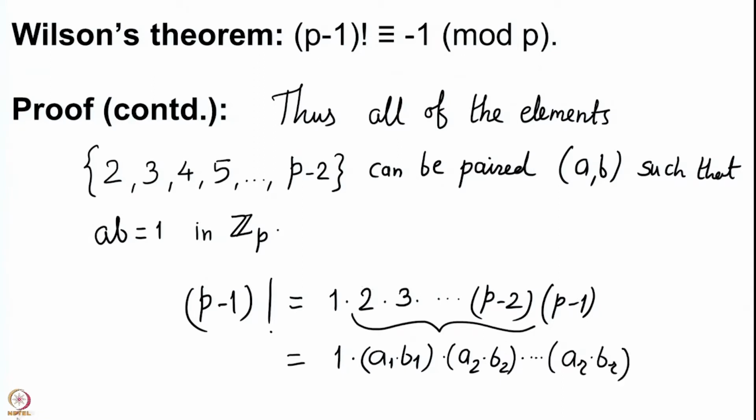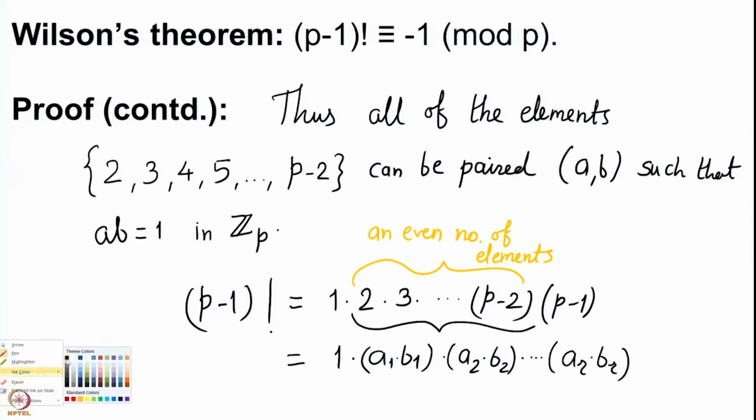Remember, this is an even number of elements. This is because your p is odd. So, 1 up to p minus 1 are an even number of elements and you have removed 2, namely 1 and p minus 1, from them. So, what you get is an even number of elements and therefore, they can be easily paired,